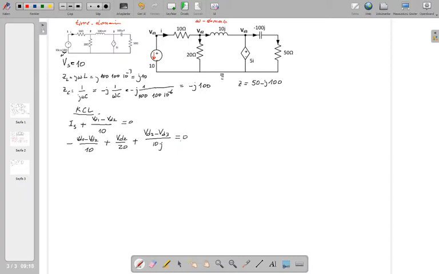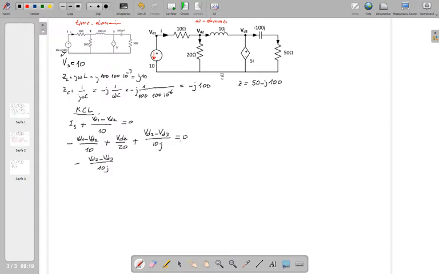So when you come to this third node, that's the final node, the sign of this inductor current is going to be negative because this arrow comes towards the node, minus (VD2 minus VD3) over 10j is this current, and the current of this element. Now we've got to stop here for a while because we are now faced with a dependent source.